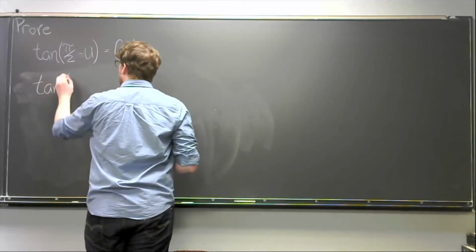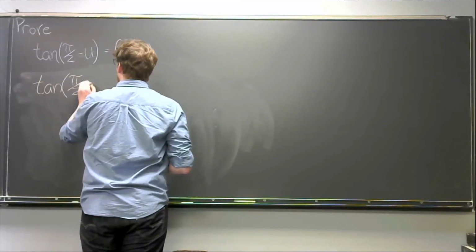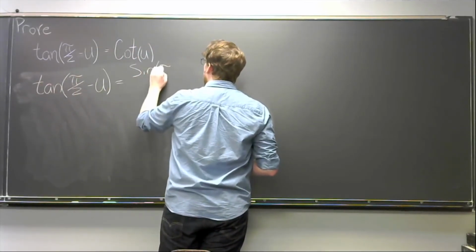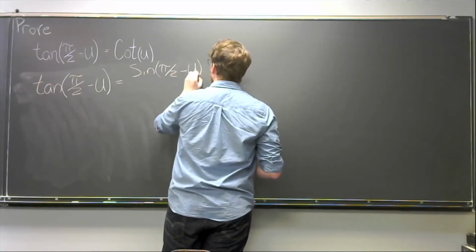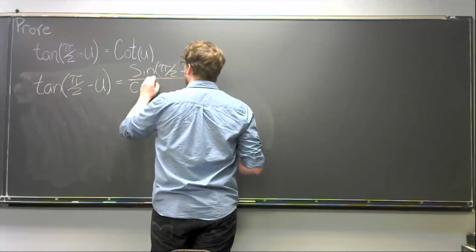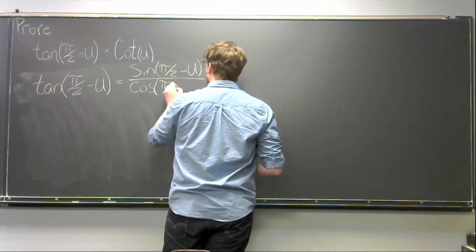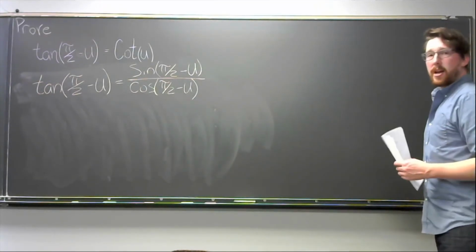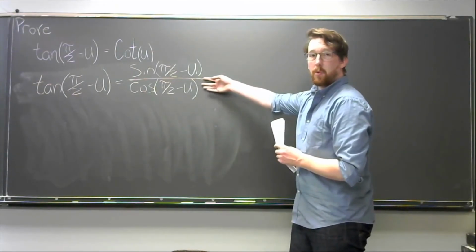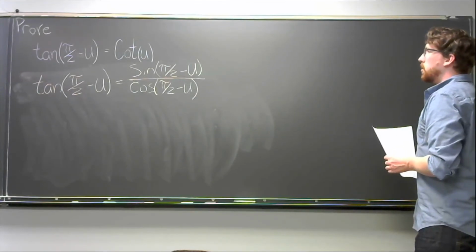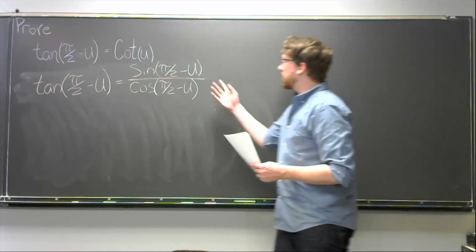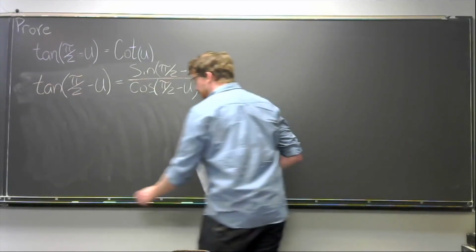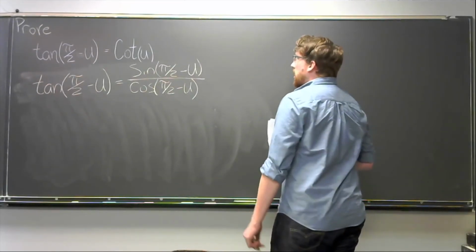Tangent of pi over 2 minus u can be rewritten as the sine of pi over 2 minus u divided by the cosine of pi over 2 minus u. And if we don't recognize these two things to have an identity attached to them, which they do, we might want to just go ahead and jump to the formulas, which is a good idea. That's what you're being tested on anyhow, right? So the identities in question would be